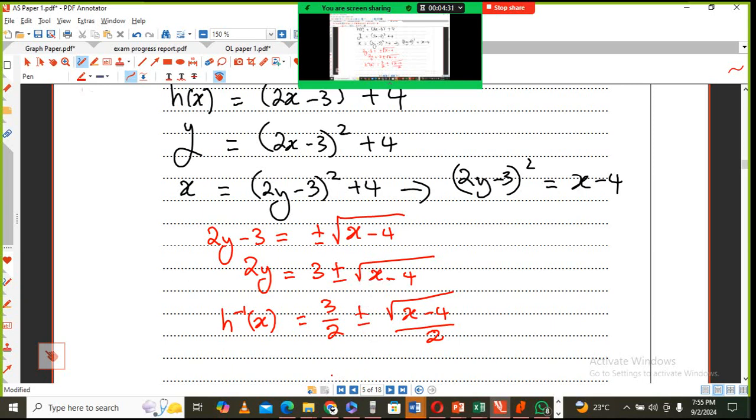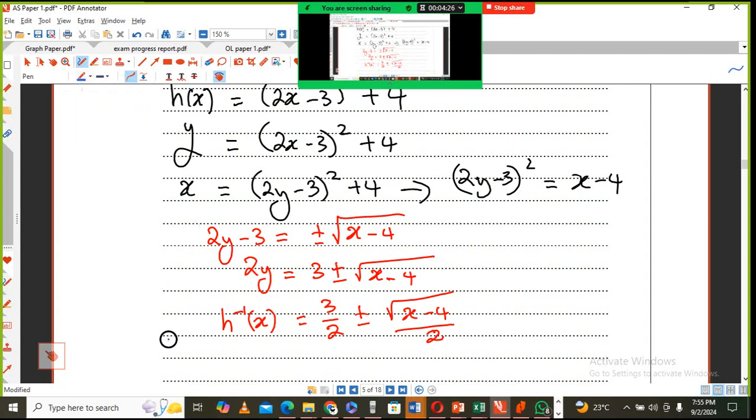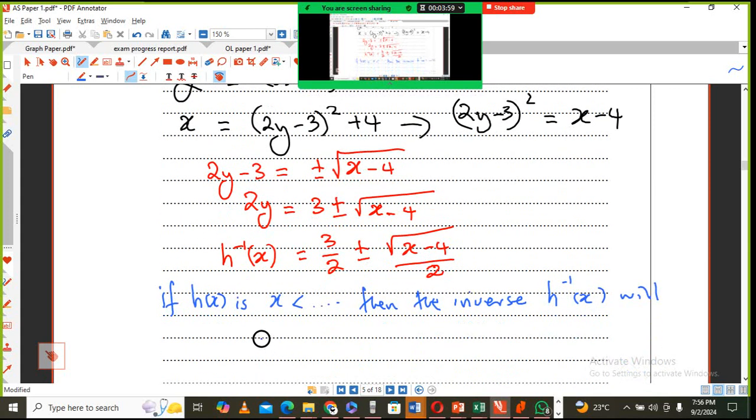Are you there? Yes. So there's that part that says, if h of x is x is less than something something. Can you see that? Then the inverse of that, you follow that. Yes, sir. At the bottom, the inverse will be y is less than the same thing. So it will be